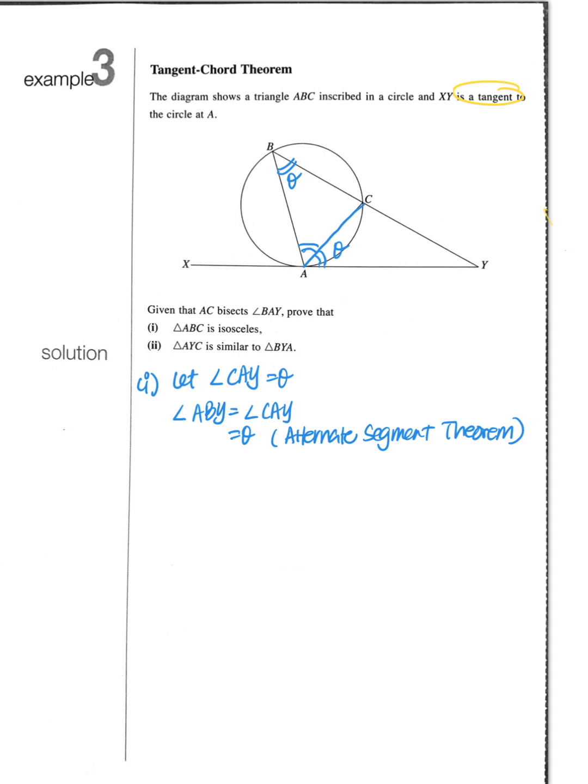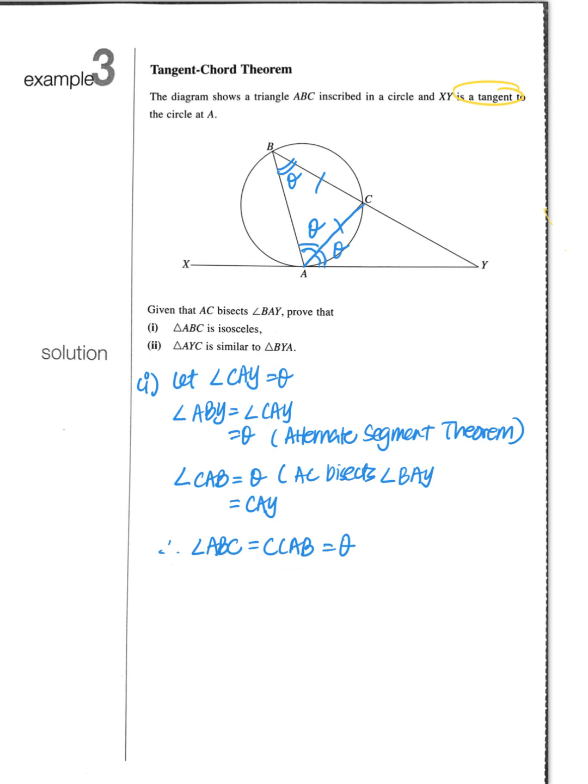So you know that angle B is theta, and you also know that angle CAB is equal to theta. Why? Because they say that AC bisects angle BAY. So your CAB is equal to your CAY, so this is also equal to theta. So therefore, since angle ABC is equal to angle CAB, which is equal to theta,